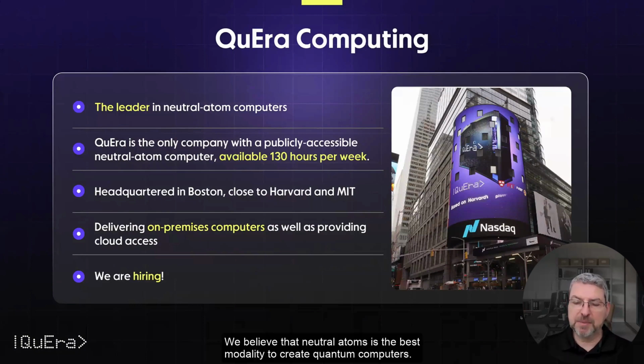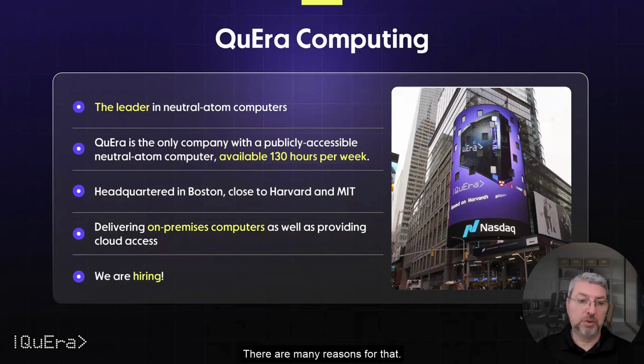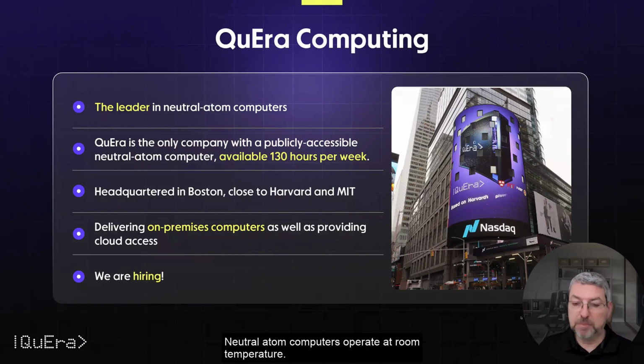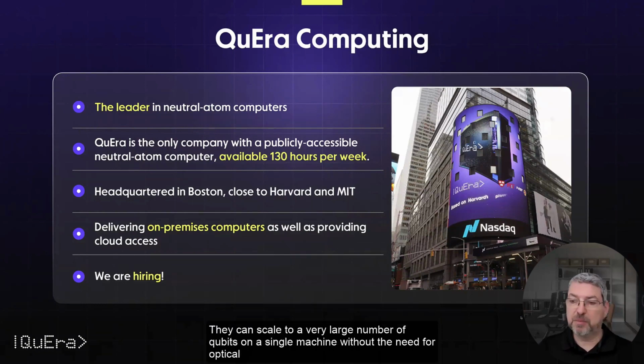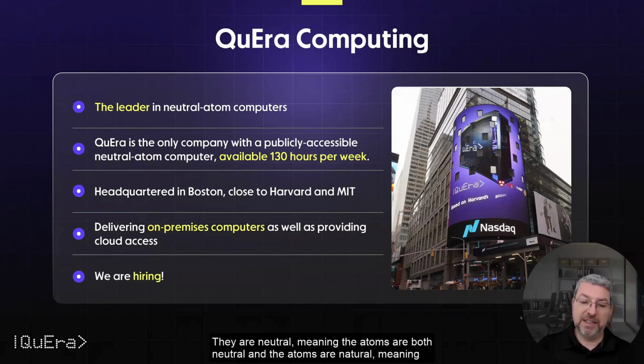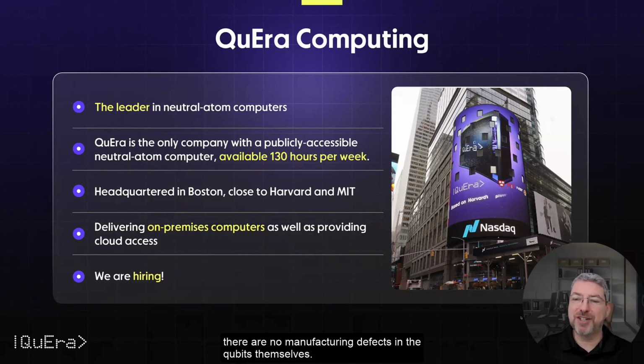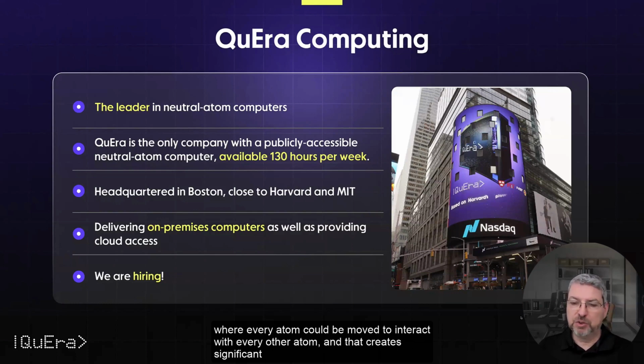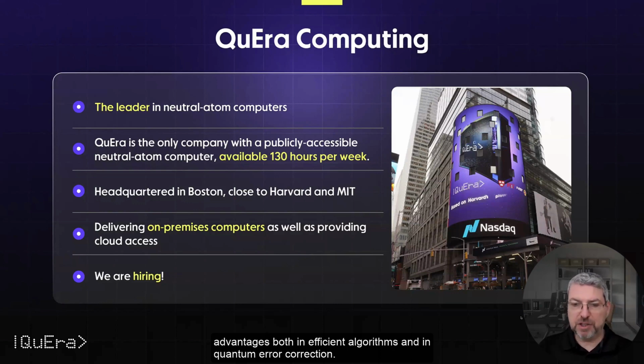QuEra is the leader in neutral atom computers. We believe that neutral atoms is the best modality to create quantum computers. There are many reasons for that. Neutral atom computers operate at room temperature. They can scale to a very large number of qubits on a single machine without the need for optical interconnects. They are neutral, and the atoms are also natural, meaning there are no manufacturing defects in the qubits themselves. And of course, neutral atom computers have this fantastic capability of all-to-all connectivity, where every atom could be moved to interact with every other atom,